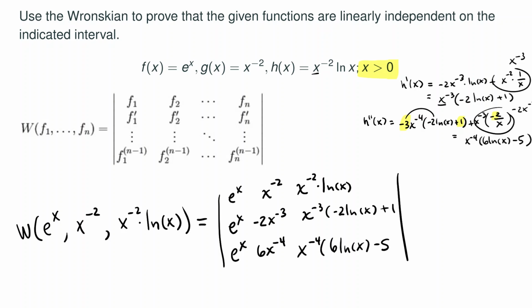Now for a 2 by 2, the determinant is a lot nicer to work with. In a 2 by 2 case, you would just take the main diagonal, multiply those functions, and subtract it by the product of the off diagonal, and the determinant's very quick for a 2 by 2. In a 3 by 3, the calculation takes a bit more time, and one really nice way to organize it is